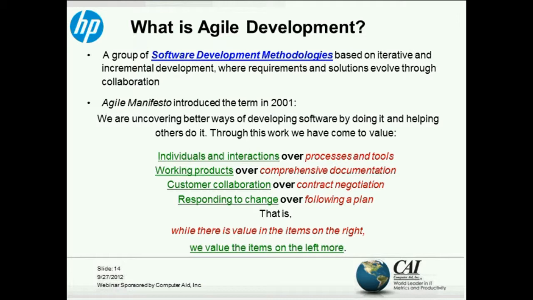We value items on the left more. So in other words, we're not ignoring processes and tools. We're putting the focus where it belongs with Agile, putting the focus on usable products and building those products through the interactions and through the customer collaboration and responding to change that's necessary to enable a flexible and adaptable approach.